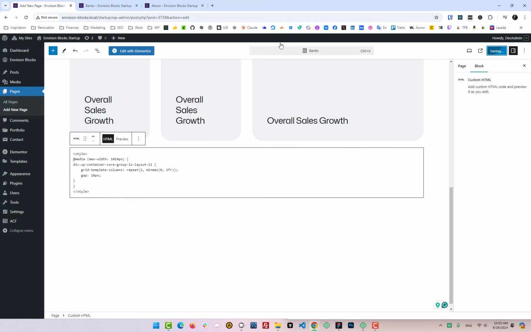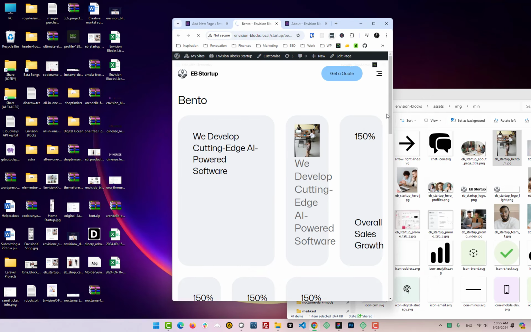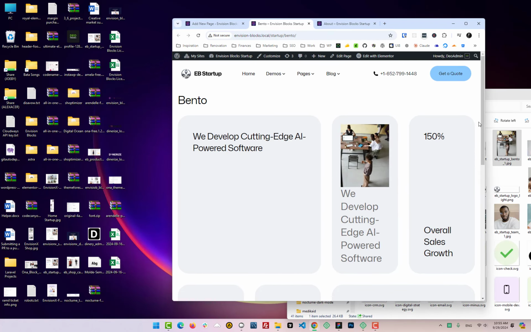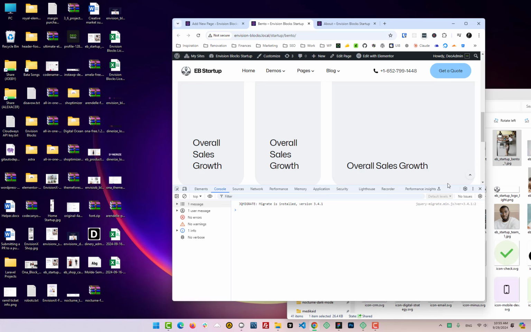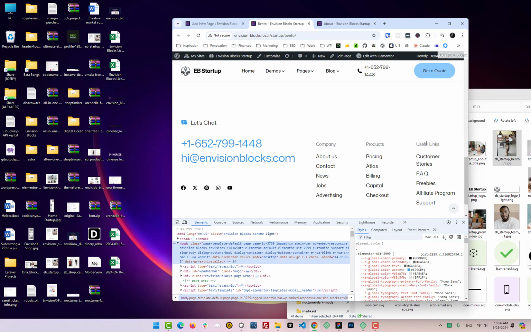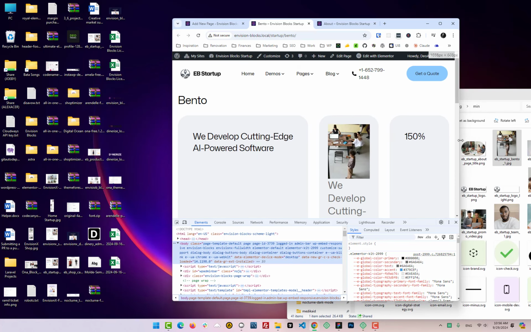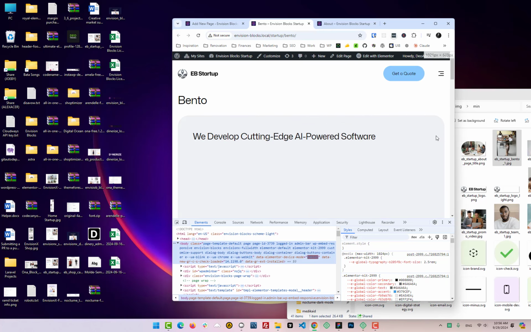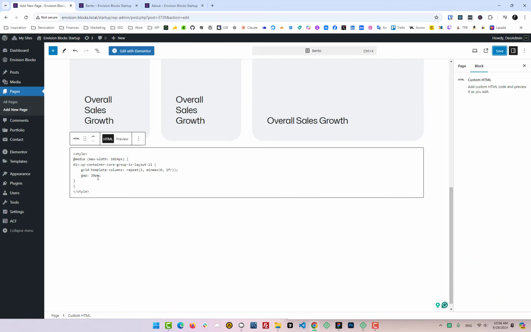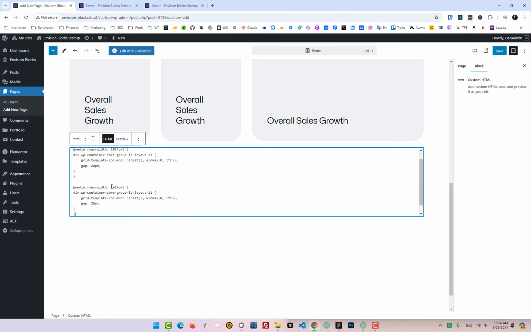So it means that below 1024, because we have max width here, max width means below, basically. So below 1024, we'll have this grid. Let's see. Yeah, there you have it. Let's open our console, right? As you can see, you have these columns here, and then when it goes below 1024, now we have 2 columns. And then what you can do is just copy this and repeat it again for mobile,